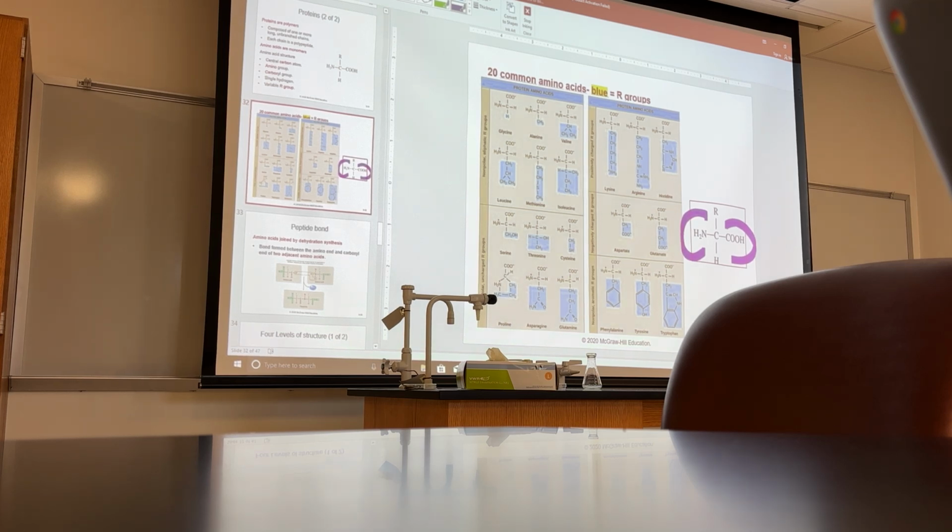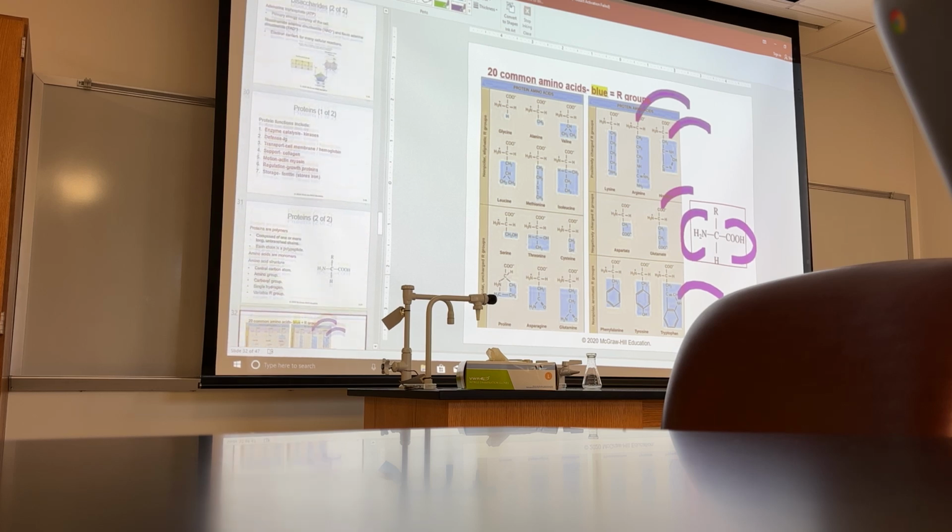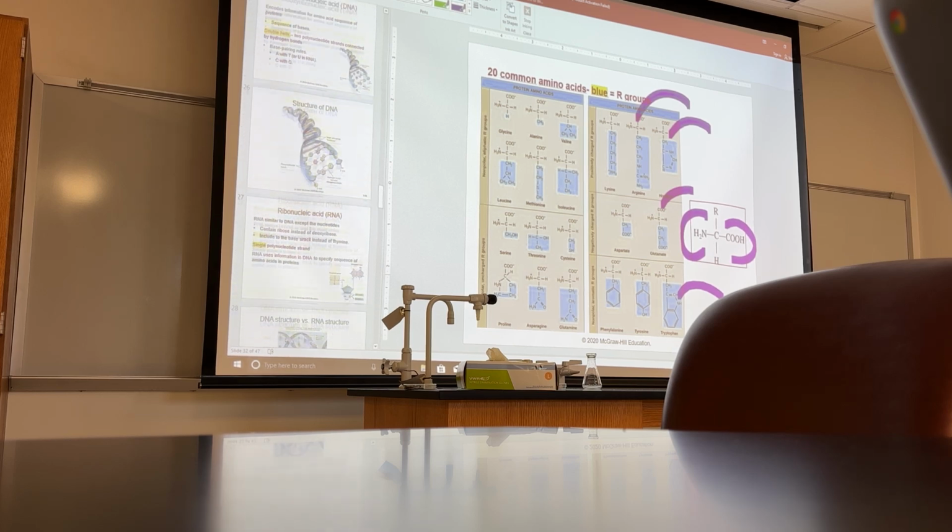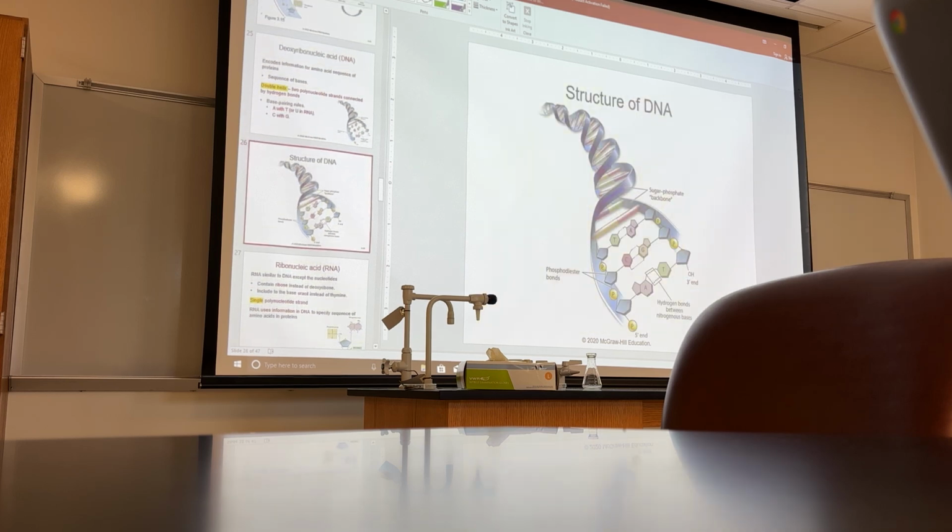Are you with me? A bunch of these linked together are going to look very different from a fat. You see what I mean? And then if I have DNA, it's going to look like that. Do you see the point? So it's going to be distinctly different. Do you see how you can tell the difference between the DNA,